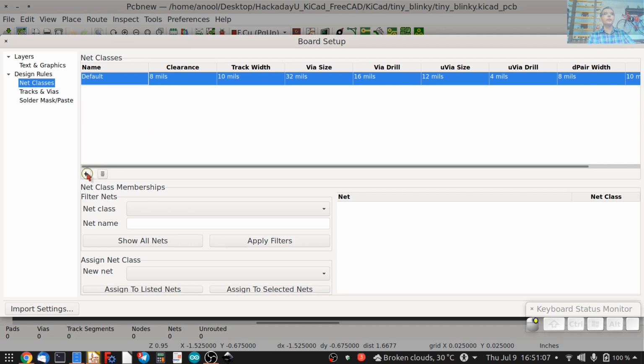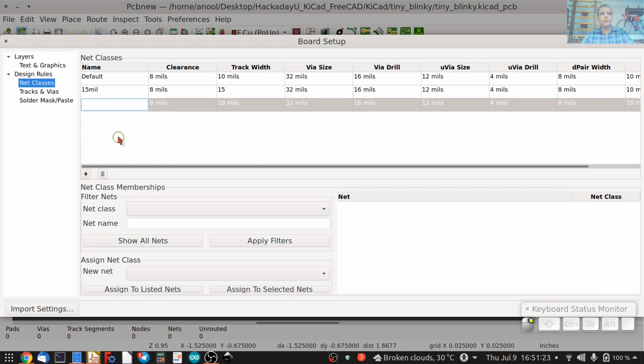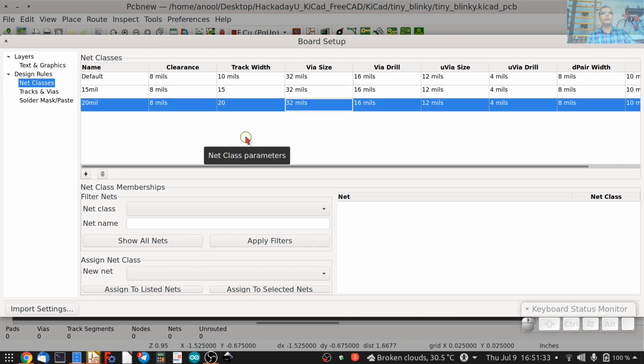But I can add my own by clicking on the plus icon, and I can call this 15 mil as the name of my class. And the only difference between default and this is that the width of the track is 15 mil instead of 10. I can then add a third one called 20 mil, where the track width is 20. So I have 3 classes now, default, 15 mil and 20 mil.